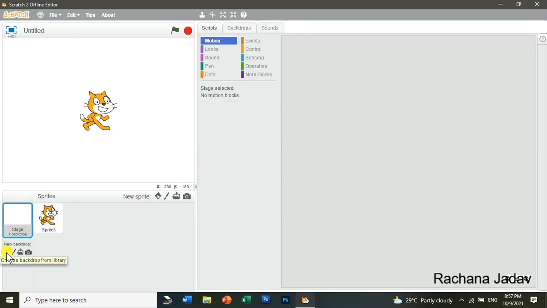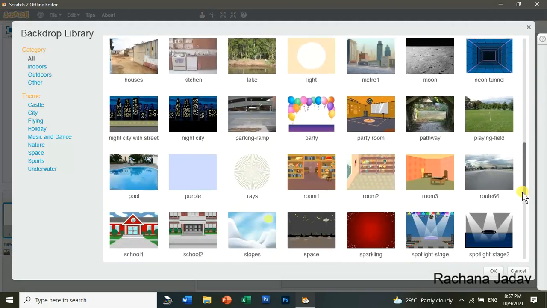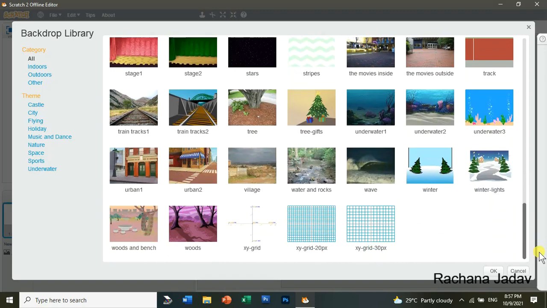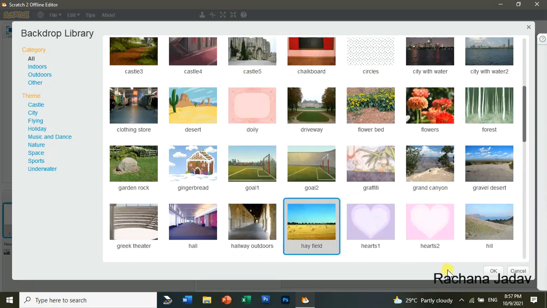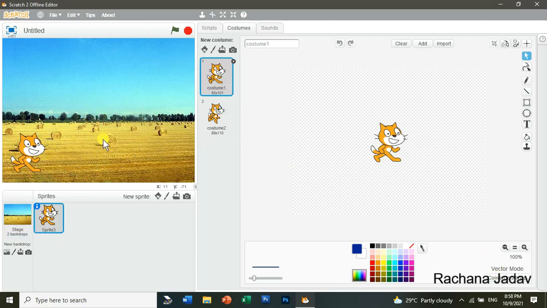There is an option of gallery. So you can go into the library and take from there. There are many backdrops over here. Whichever you like, you can take it, right? It depends on your wish, how you want it. Like I have taken this one, so you will see that it will be applied now, okay. So yes, the cat is moving, and you can make a story where it goes from here to the next place, so you can make that too. You can make the scripting over there, okay.